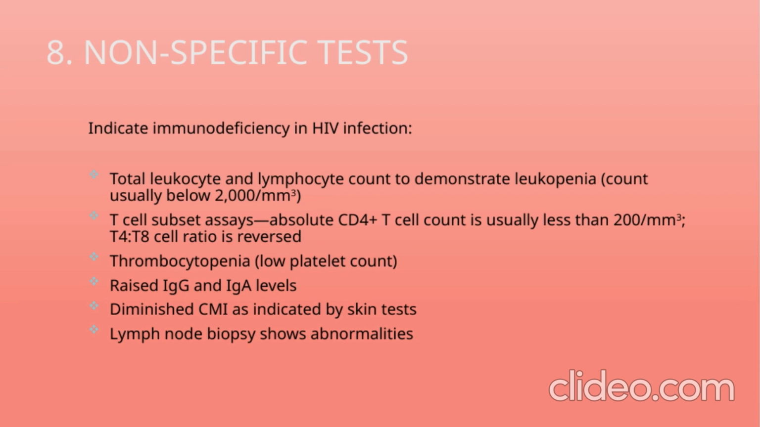Serum immunoglobulin levels, particularly IgG and IgA, tend to be raised, reflecting immune system dysregulation. Diminished cell-mediated immunity, or CMI, is another key point. This can be assessed through skin tests, which often show a diminished or absent response, indicating compromised cellular immunity. Lymph node biopsies can reveal abnormalities as well, such as follicular destruction or other structural changes that support the diagnosis